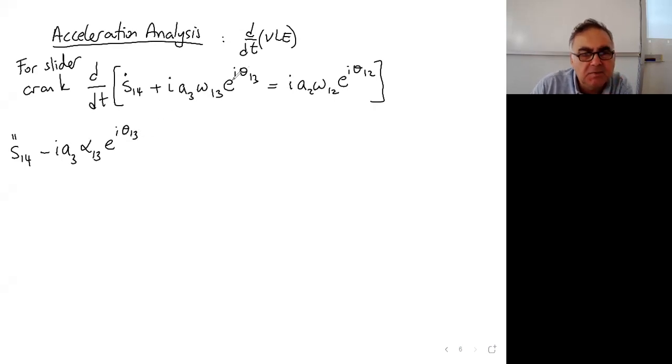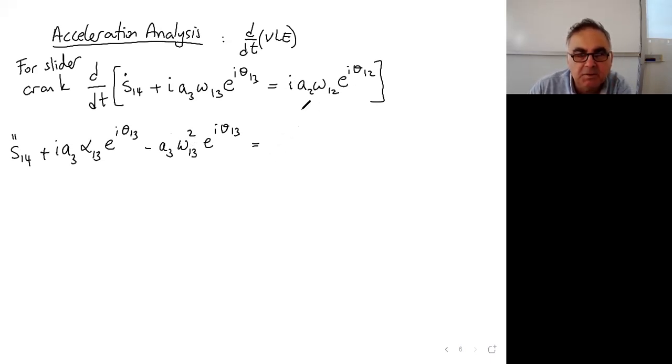Then we have the derivative of theta 13, which will come here and multiply I to give a minus sign. I squared is minus 1. Oh, this is a plus, by the way. This is a plus. Minus A3 omega 13 squared e to the I theta 13